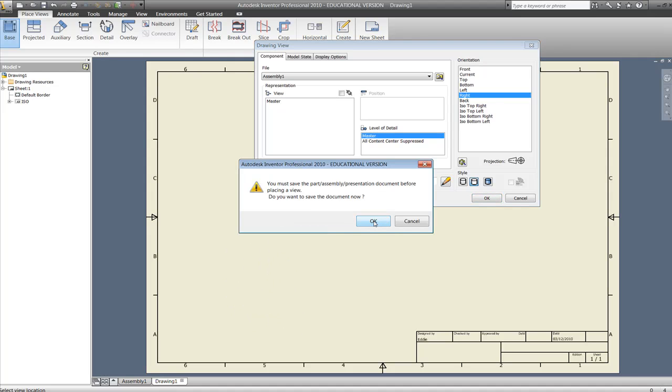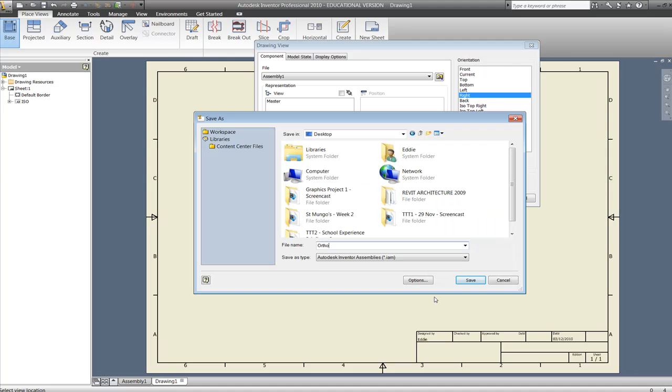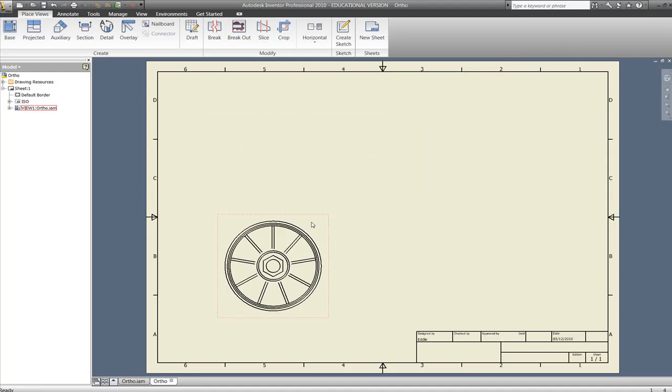When I try to place it, I get a dialog box reminding me that I haven't yet saved this file, and that has to be done before placing the first view, so I'll say OK to that, and I'll save that, like so. That's placed my base view in position. The next thing I'm looking for is a couple of projected views from that base view. I'm going to project a plan, and I'll project an end elevation, and I'll project an isometric view as well. So I'll select projected,